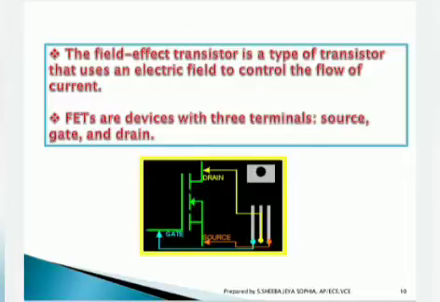Here also you have three terminals, as you have seen in the BJT. In BJT, the three terminals are namely emitter, base, collector. Similarly, in FET also we have three terminals, namely source, gate and drain. As you can see in this symbolic pictorial representation, this is the diagrammatic representation of FET which we can see in our laboratories. So it has three terminals. The left side is the gate, the center is the drain, and the right side is the source terminal.